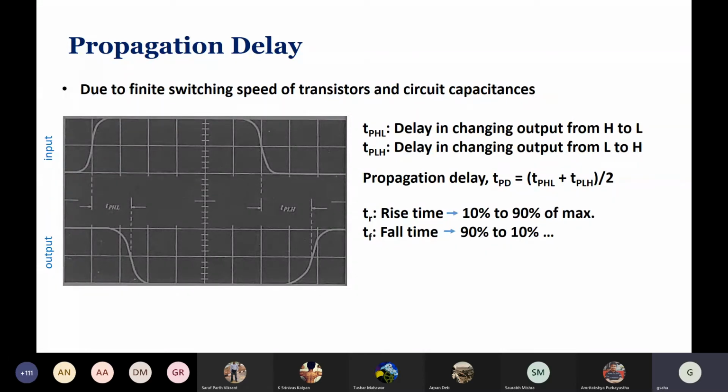Okay. However, these are the practical issues. Unless you take note of them, you will see that there is a difference between whatever you have designed and the performance. And definitely later on, when we take up the design aspects, we shall consider this practical aspect as well. We will not just go by the Boolean equation or the formula.